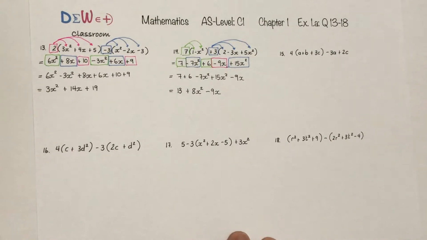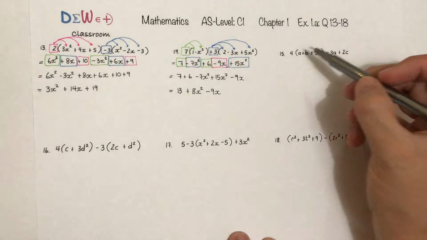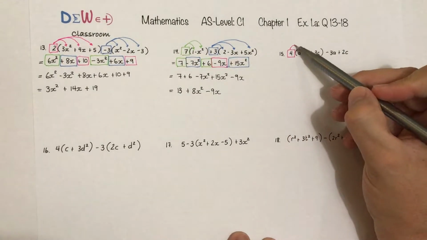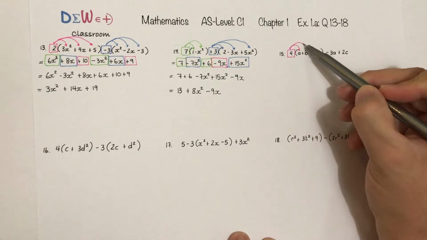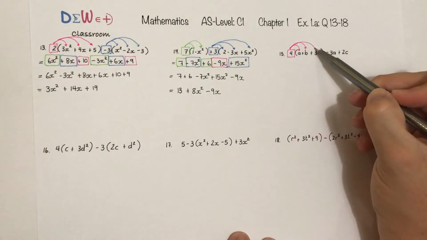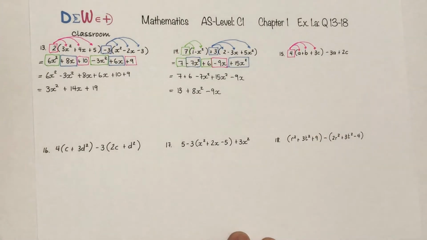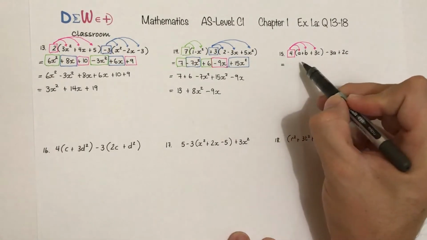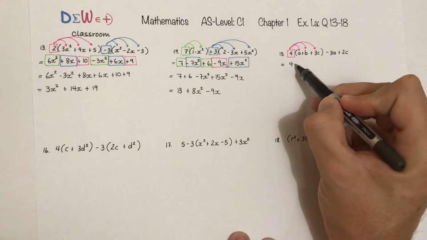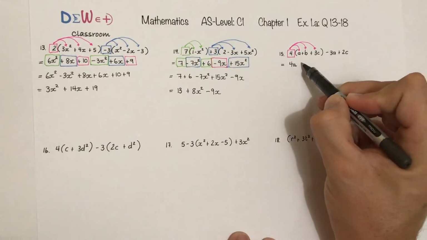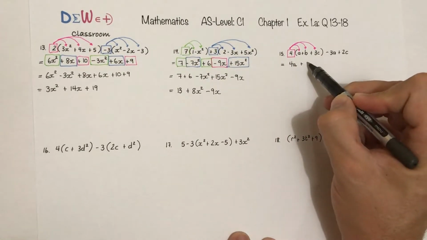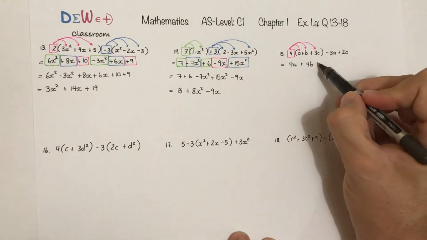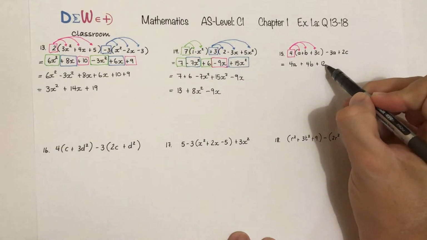We go over to question number 15. Same process. We have a term outside of a bracket, so it has to be multiplied with each term inside of the bracket. And then we have two additional terms. We rewrite our expression. 4 times a is 4a, plus 4 times b gives you 4b, plus 4 times 3c gives you plus 12c,